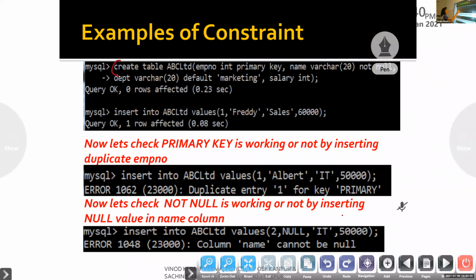And we have given a condition here, a default constraint. So even if you don't enter any value for DPT, which value will automatically be entered? The default value, marketing, will be entered. So let's see how to do that.